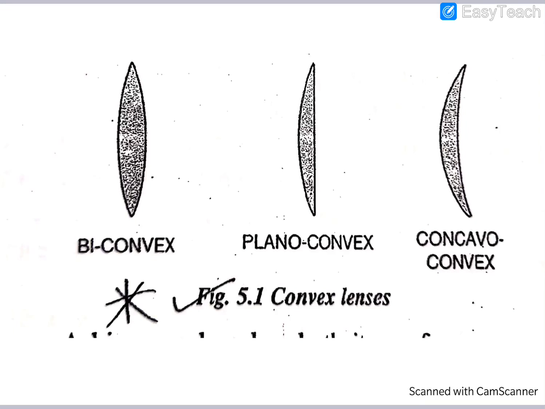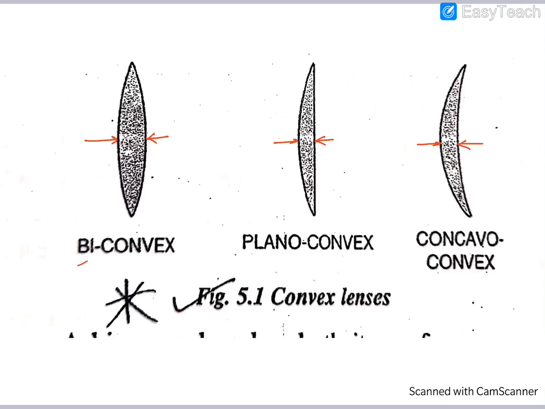So now these are the different types of lens we have. The first lenses which you can see here, all three of them are convex lenses, obviously. How do you make out they are convex lenses? Because if you look at them, they are all thick in the middle and tapering, or thinner, towards the ends, and that's why they are called convex lenses. So this is how you differentiate on the physical appearance.